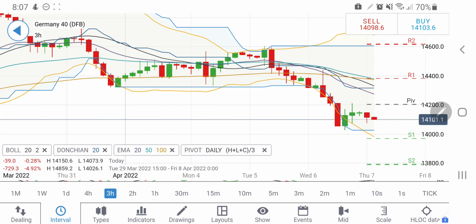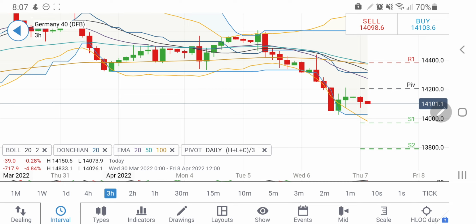So on the 3-hour chart, similar is the formation. However, right now it appears that this is the reversal, and it may try to give you a couple of red candles, taking it towards 14,050 and 14,000 levels. So yes, there is a strong support for it. If it breaks 14,050, it will try to head towards 13,980 levels. At the same time, 980, 950, which is going to be a stronger support.